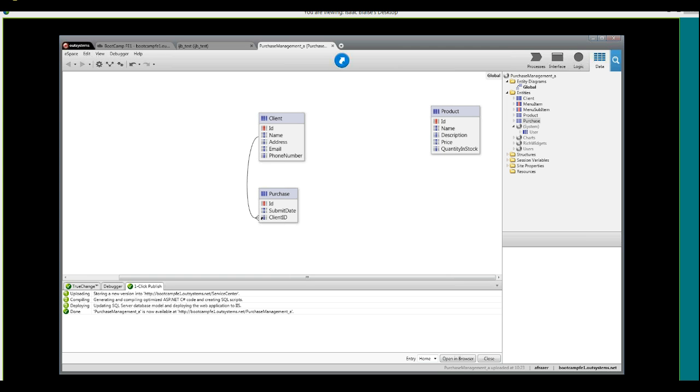And now notice the data model before I press enter. So I'll press enter now, and there was a relationship created between client and purchase. So this is the way you define a foreign key. And a foreign key in Service Studio is important because this is the way you define relationships. The way you define, in other words, in Service Studio,